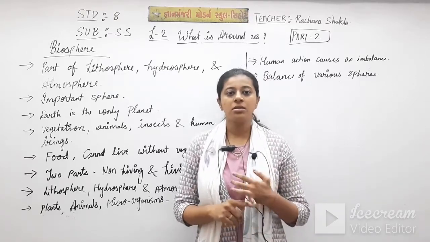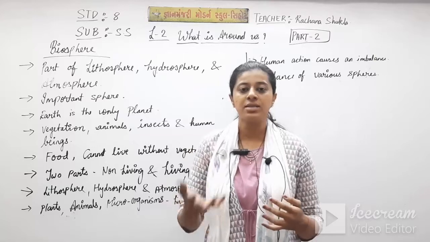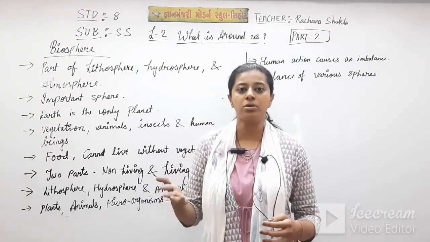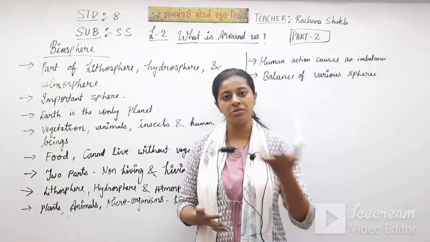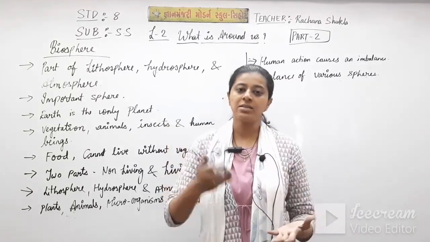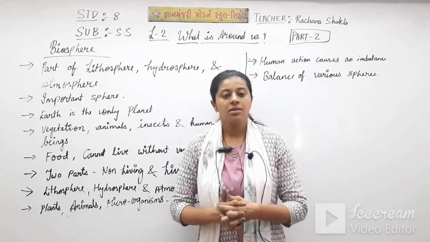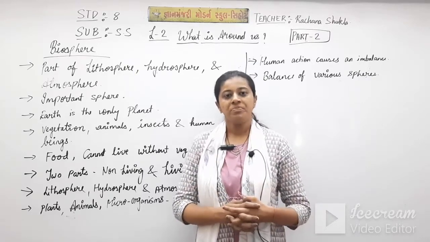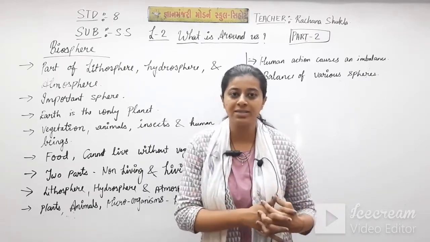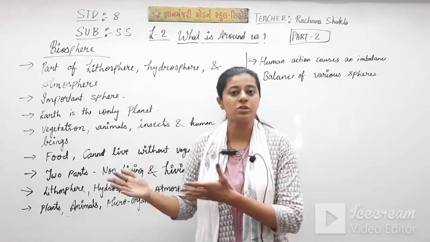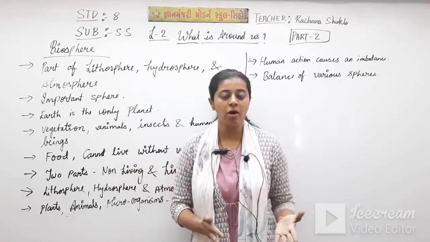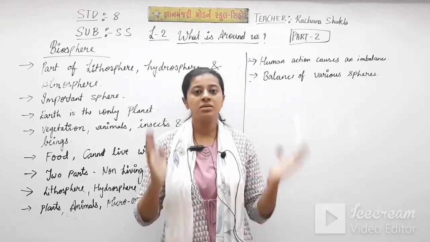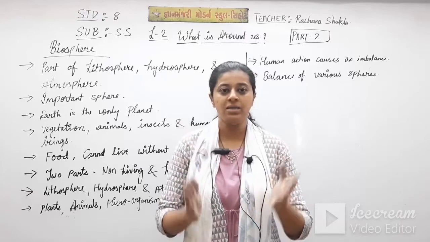Then if we talk about the pollution in air, burning of crackers, then the coming out of various smokes. For example, the smoke that is coming out from our vehicles gives out a lot of carbon monoxide, and due to carbon monoxide, the intensity of oxygen reduces in the atmosphere, and thus the imbalance is created. Then sometimes floods occur due to the disturbance of oceans. Then rivers, excessive rainfall is there in some areas, and in some areas there is no rainfall for many years. There is drought like condition, and these all factors affect the biosphere,